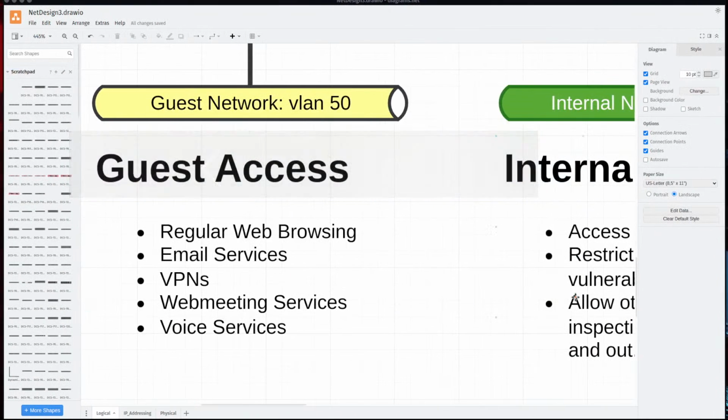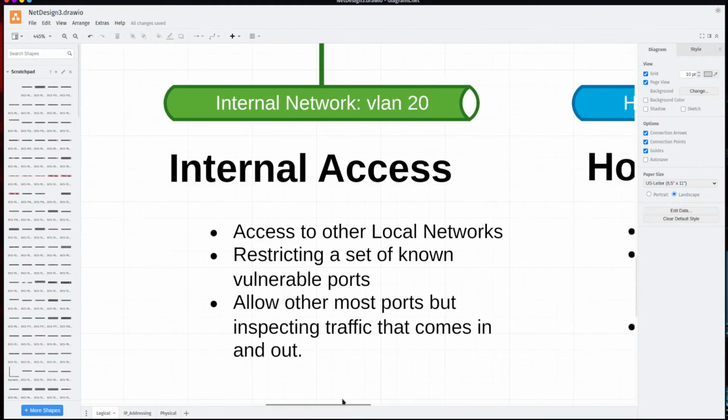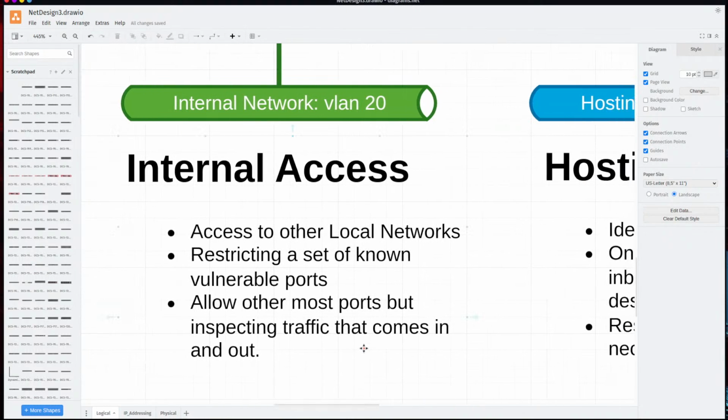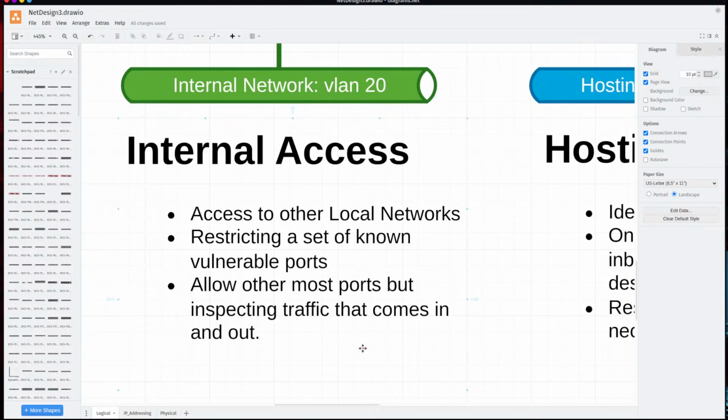See if there's anything in. Now, restricting a set of known vulnerable ports, okay? We have that as one of our,